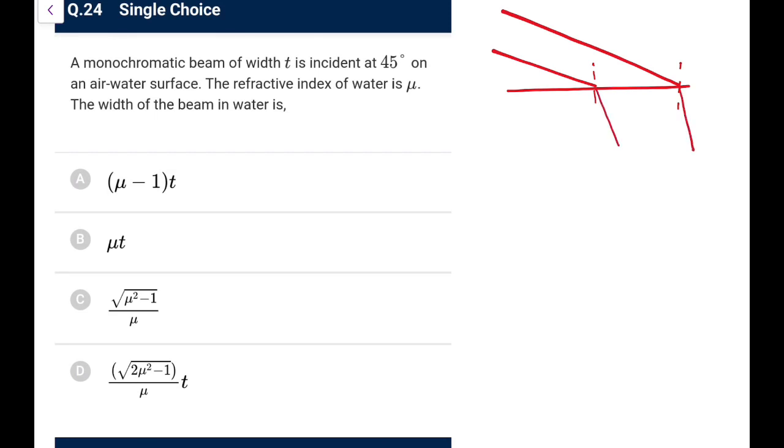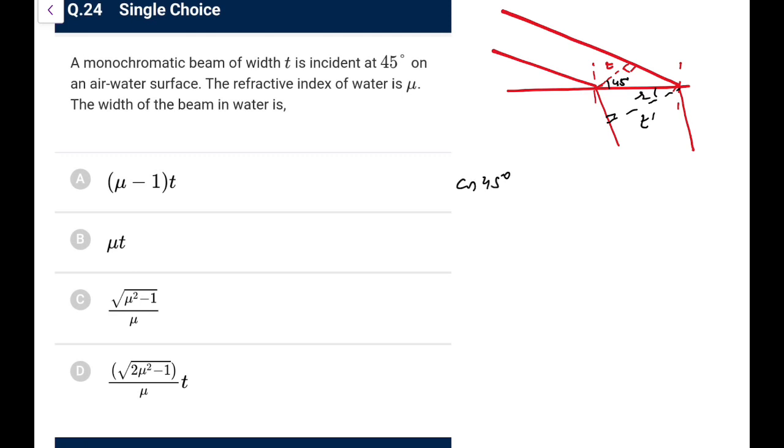So initially the width of the beam is this thing, so this thing is width t here. Now this will become here, let's say if I draw this perpendicular, something like this, it would be like this. So let's call it t dash. So by the wavefront logic that you usually remember, this is 45 degree and this would be r. So just doing this, cos 45 would be a good measure for us.